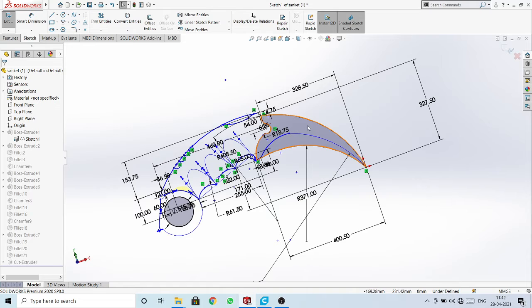The blades are made from 3 semicircular arcs, and this is also one of the semicircular arcs. Then I have extruded the back part of the whole blade from mid plane, and then I have used the chamfer option of SolidWorks to truncate this part of the blade so that it becomes sharp.